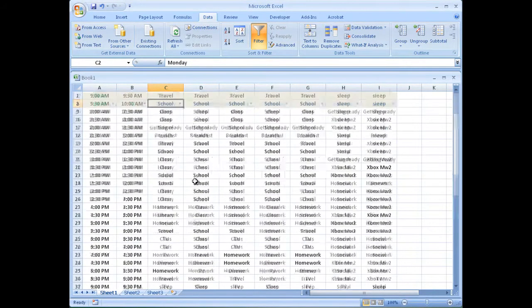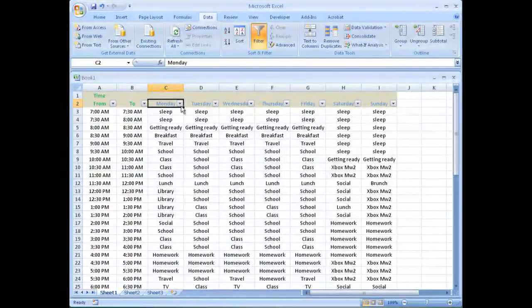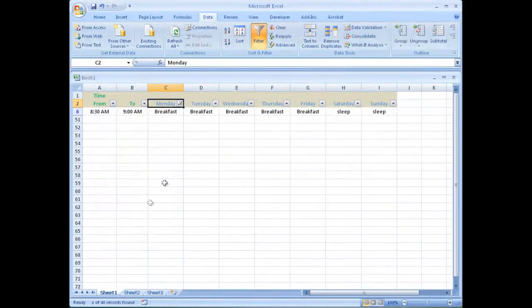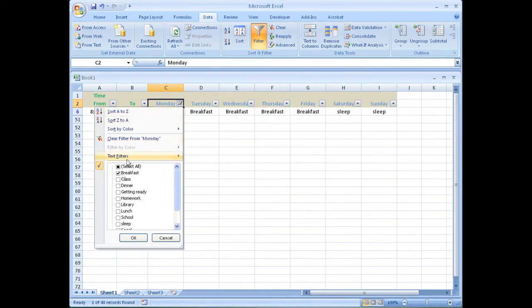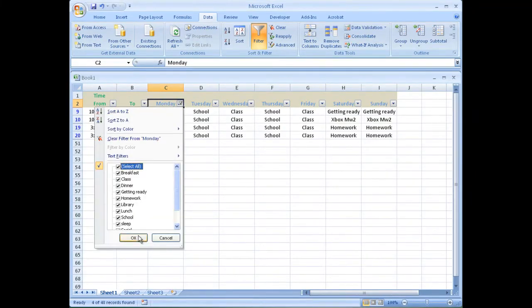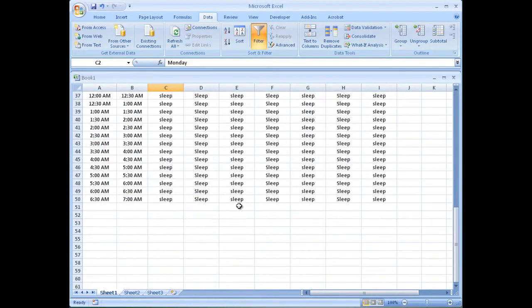So now I can actually summarize these in two different ways. One, I can actually take these out and just select breakfast, and you can see it only happens once a day and it does not happen at all on Saturday and Sunday. And if I want to look at one particular one, I can actually click this and then it will show me how much time I've been spending in class on that particular day. Alright, so this is just a small filter application I'm trying to show you,